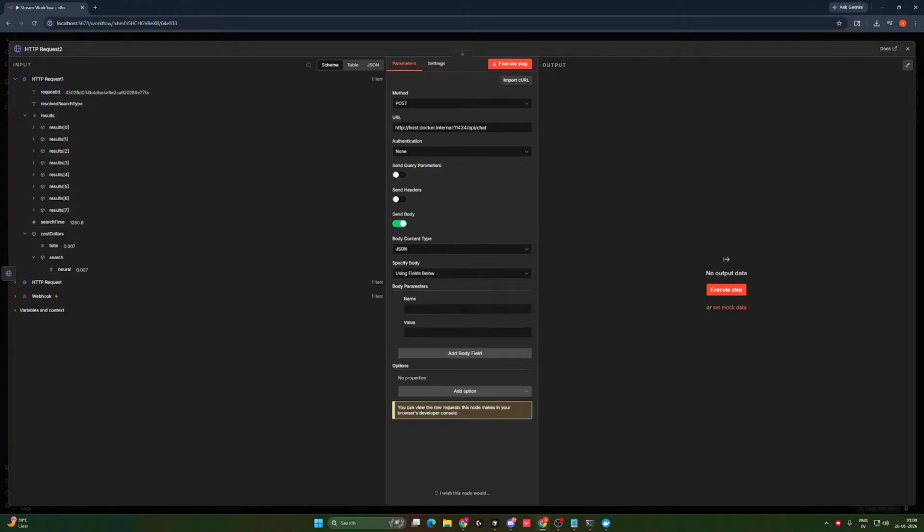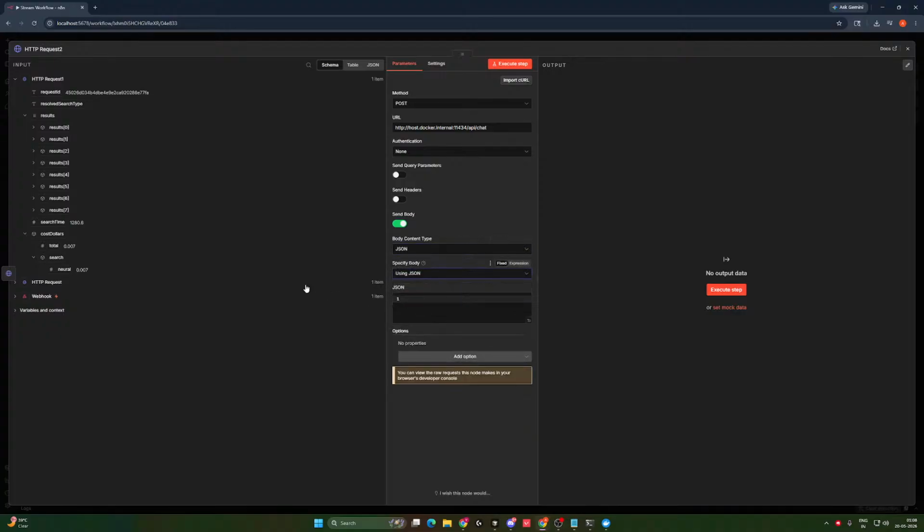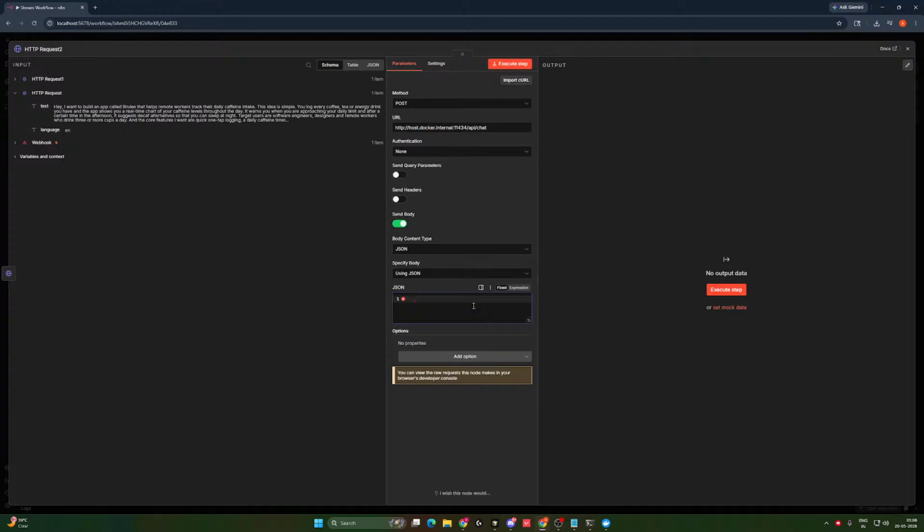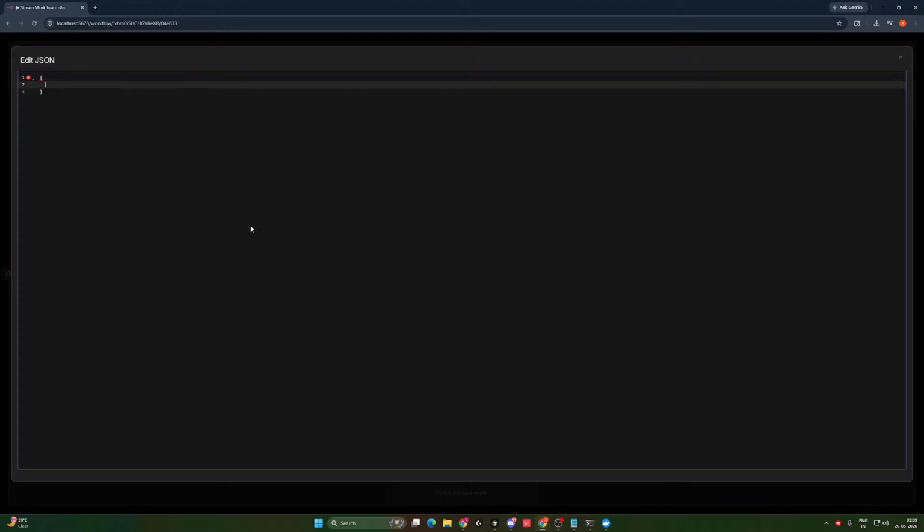Send body, of course, it will be body. JSON? Yeah, JSON is fine. Using JSON would be great. What would be the model? So bad, should have been a proper JSON editor. I have to format it every time. gpt-oss 20B is fine for the model. Stream, I don't need streaming. It should be a single output. The format should be JSON. Let's get the PRD in JSON format first, then we can convert it.